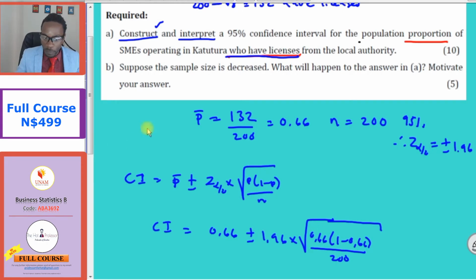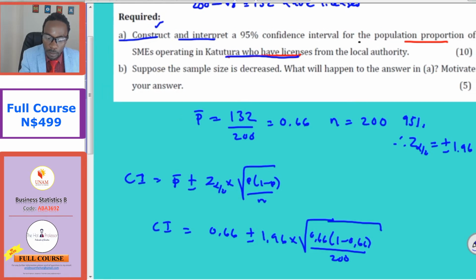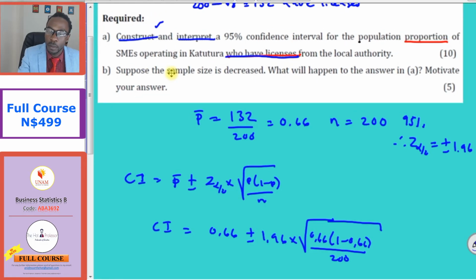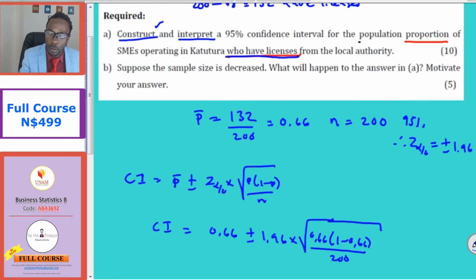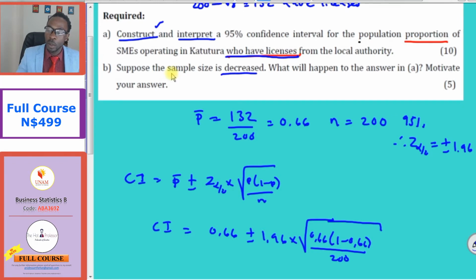All right, guys, we go to part B of our question. It says, suppose the sample size is decreased. So we have a decrease in sample size. What will happen to the answer in A? Motivate your answer. So as you can see from our formula